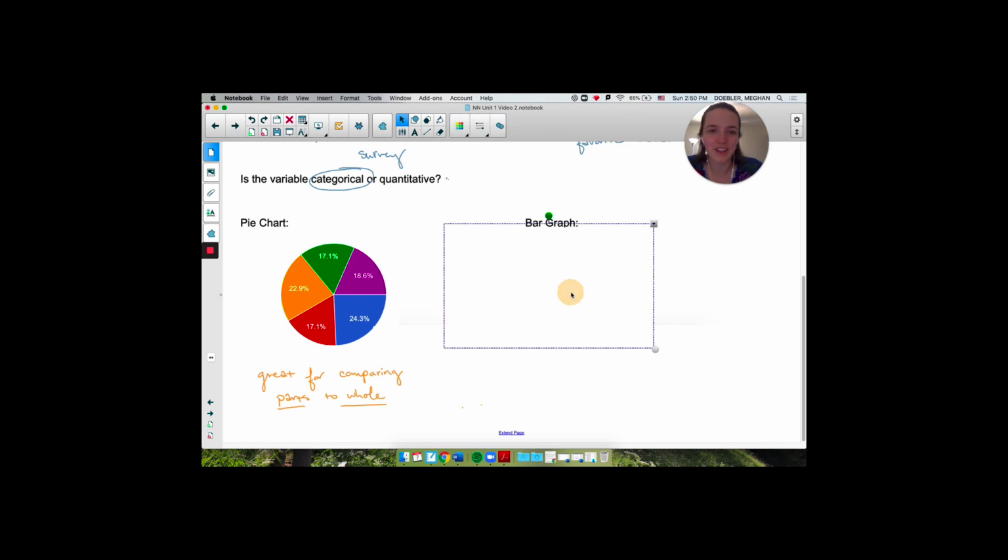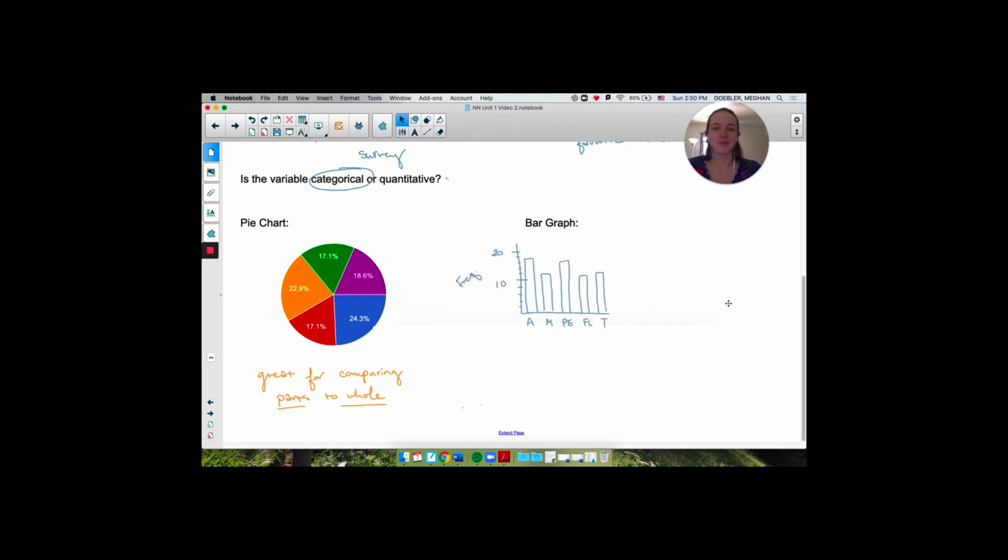That would be helpful. A bar graph is when you have a bar representing each category. So I have them labeled down here. And then along here I've labeled this frequency, not relative frequency, although you could do that if you wanted to. And I'm just representing the straight counts in each bar. The benefit of a bar graph is it's much, much easier to make by hand and have it be accurate, because you can easily make a scale,